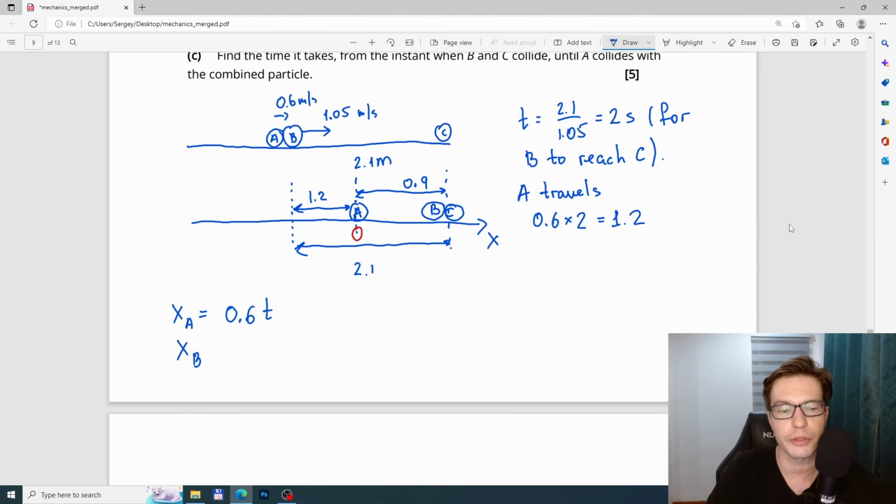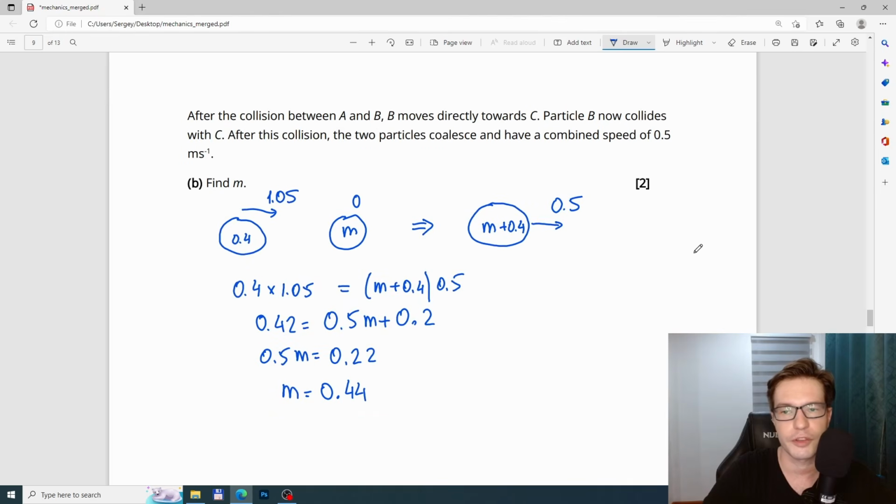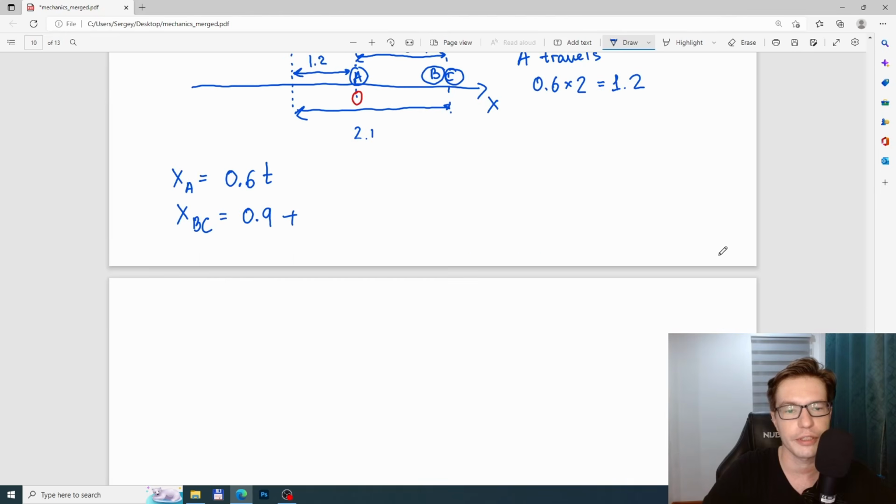Meanwhile, the coordinate of combined particle B and C would be 0.9, the distance from the origin at the moment when they collide, plus their combined velocity, which is 0.5, as given in the previous question,